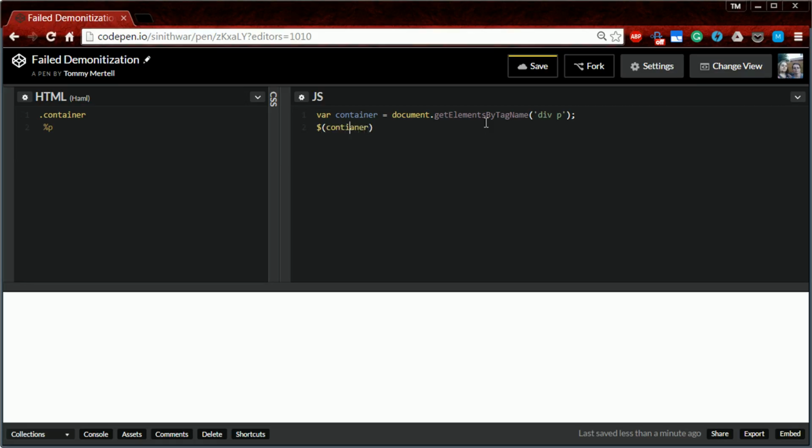I spelled it wrong. We can use container and then HTML, fail, right? Oh, you can only grab one using these methods, just so you know. I was actually doing that test for myself. But